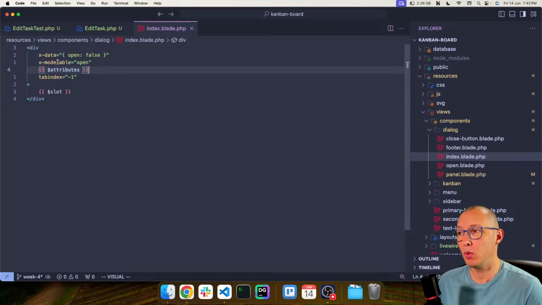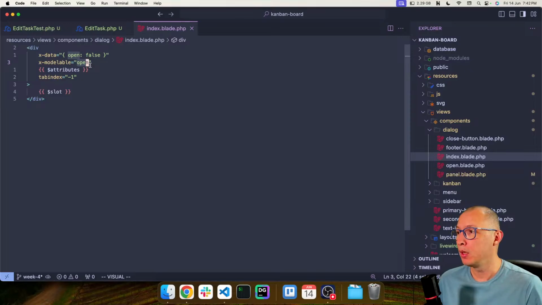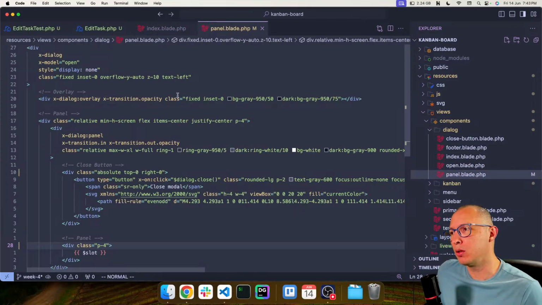Then I'm using x-modelable with the open property. I will explain more on this property in a few minutes when we get to connect this dialog with Livewire. Then I'm just passing the attributes, whatever attributes I set up at the top level. I pass it here, and then tabindex -1. And then we have a bunch of other components. The panel is the main content. So whatever you want to put in the dialog, you use the panel component. And it has a bunch of